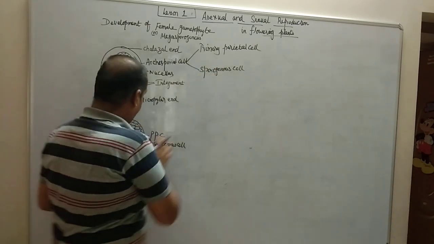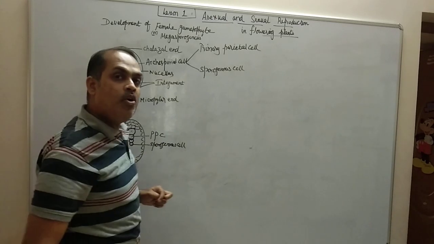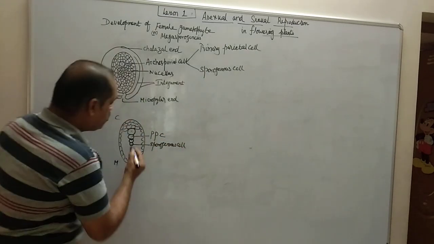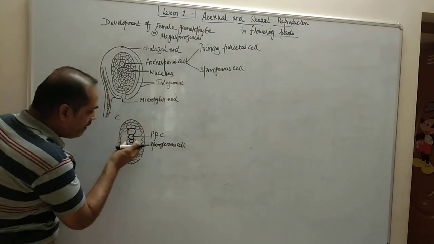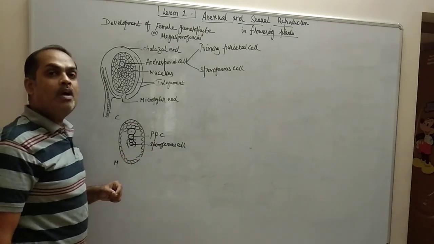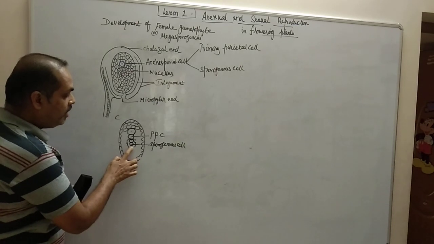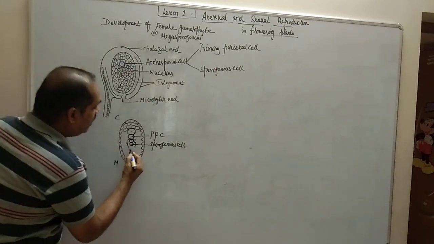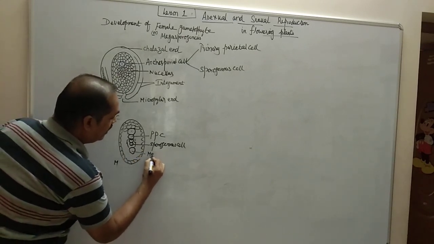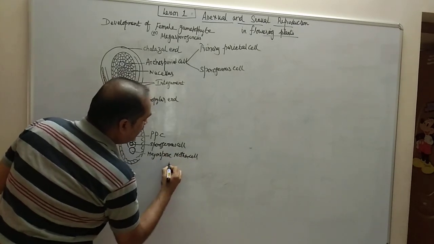Now this primary parietal cell which is formed from the archesporial cell may undergo division, or it may not. But the sporogenous cells will definitely divide. These two cells towards the micropylar end are called sporogenous cells. This will undergo division to form the megaspore mother cell. So this sporogenous cell will undergo further division and form a cell, and now this cell is called the megaspore mother cell. You call it MMC.